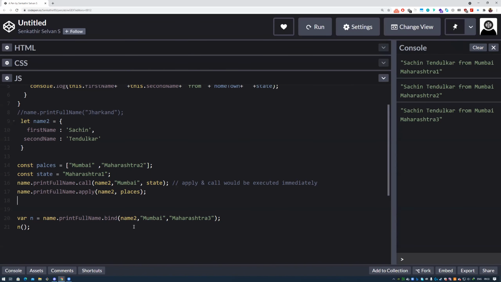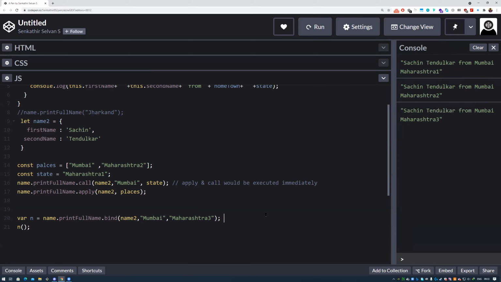Bind is a little bit different. With bind, you are creating a function that you want to use later. It should always refer to this object whenever it is called.